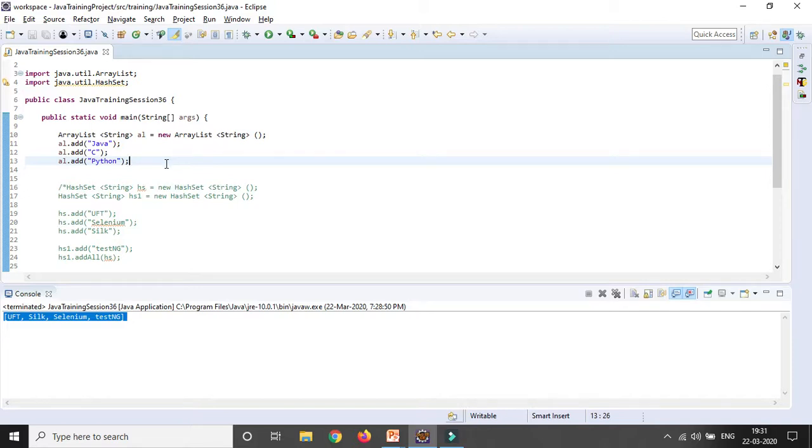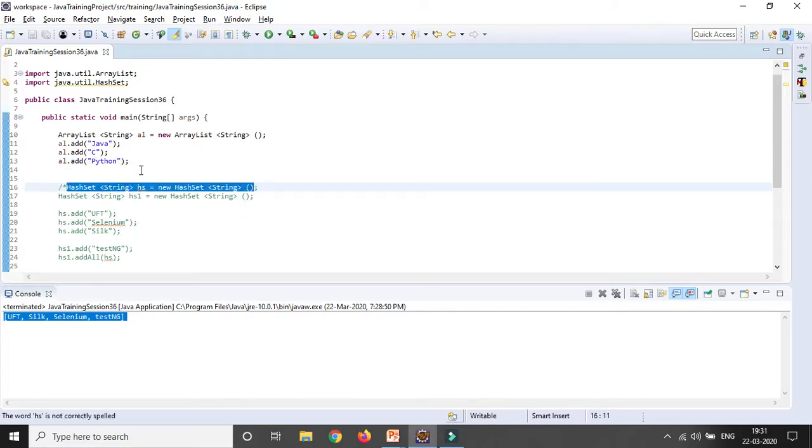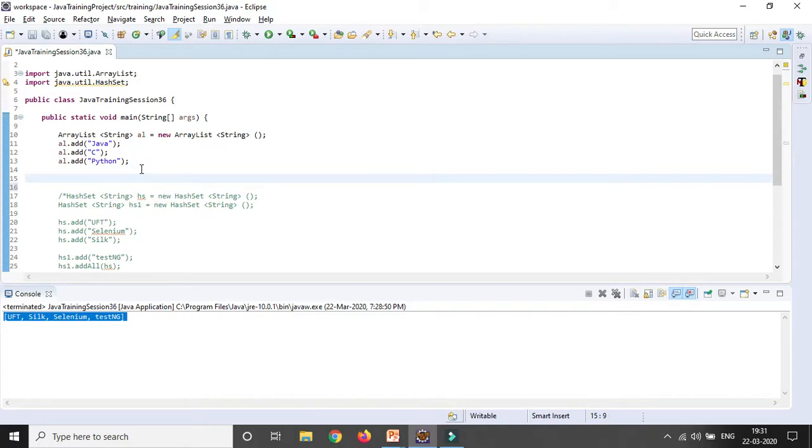Now I want to create a hash set. So what is the syntax for hash set? This is the syntax. But I want to use all the elements I have created for the array list in my hash set. So how can I do it? HashSet, then the data type should be the same as the array list. New HashSet, and here the data type need not be repeated, and in the brackets you need to give the reference of the object for the array list, so it will work. You can see no error message is there.